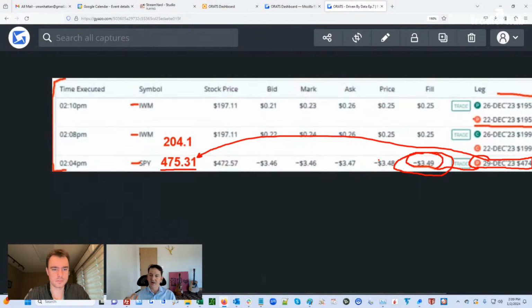And as a matter of fact, someone on Twitter said that they've now changed their strategy. Again, paper trade, all this stuff, but they're starting to do a deeper selling call. So if we were to get the stock, we would sell the 70 delta call, which is in the money. So like if the stock was 475, it'd probably sell 472. Right. Yeah. So we haven't gotten a chance to test that yet, but we keep winning on